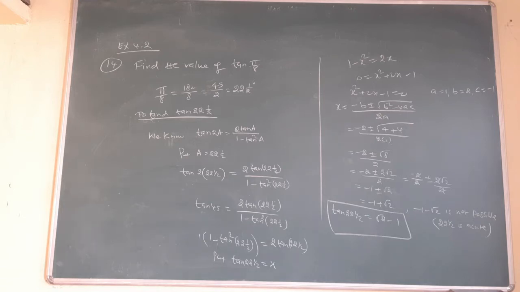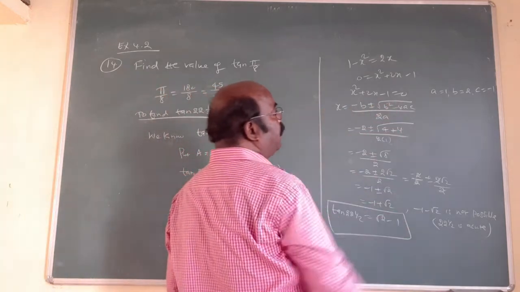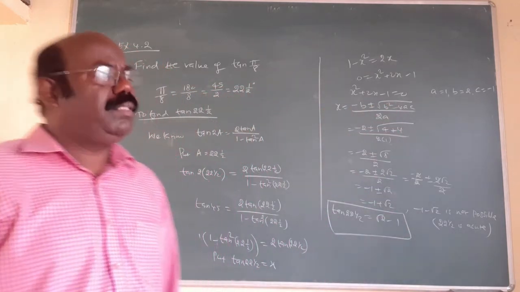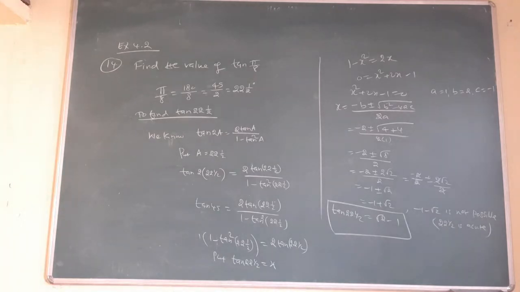Three more questions. Write the suitable formula, substitute the A value, and we get the quadratic equation, where tan 22 and a half is x. Now solve this quadratic equation using the formula method, because the other method is not possible. Only by using the formula method or the complete the square method. Here this is the easy method for you. Plus or minus will come, and out of plus or minus you consider only plus. What is the reason? If you consider the negative sign, both negative is not possible, because 22 and a half is below 90, that is an acute angle, the first quadrant, where all are positive. That is the answer.